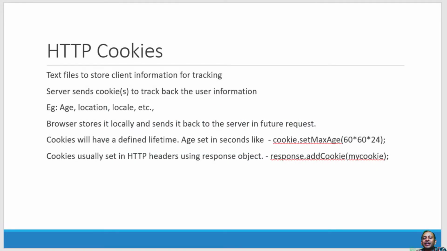Hi, let us understand about HTTP cookies. Cookies are a small flat file which will be stored on the client side by the server to store information so that the client can provide the same information back to the server when they are making the future